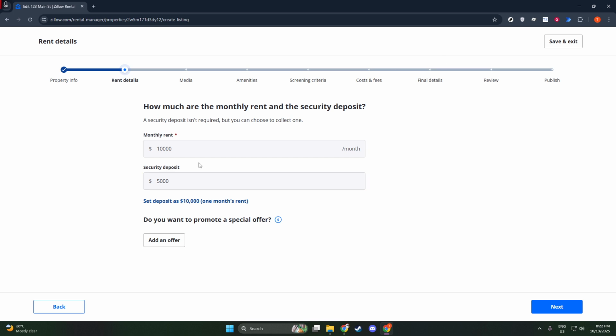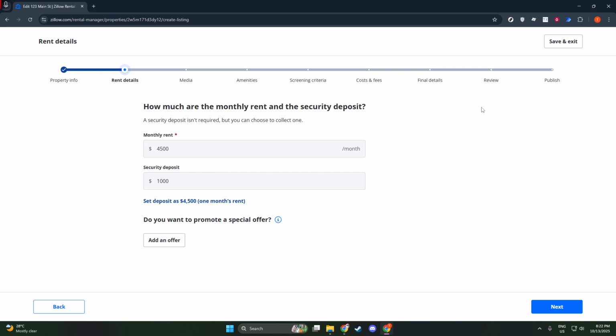Once you've updated the rent figure, you'll also want to specify the effective date for this change. This is the date when the new rent will start being applicable. Make sure to double-check this, as it will help in ensuring that everything transitions smoothly for both you and your tenants. After you've entered the new amount and set the effective date, the final crucial step is to save your